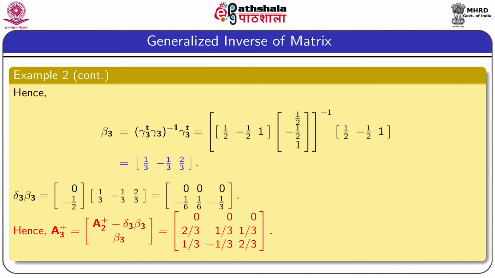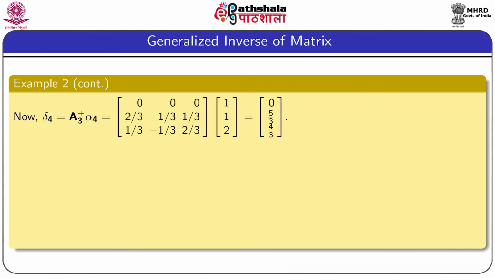Therefore, A3 plus equal to a matrix of order 3 by 3 whose first row is 0 0 0, the null row vector, second row is 2 by 3, 1 by 3, 1 by 3, and third row is 1 by 3, minus 1 by 3, 2 by 3. Now delta 4 equal to A3 plus into alpha 4. After simplification, this column vector is 0, 5 by 3, 4 by 3,